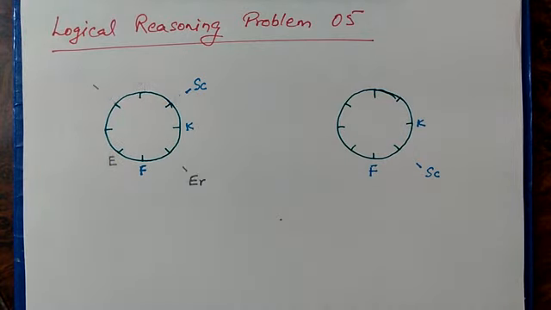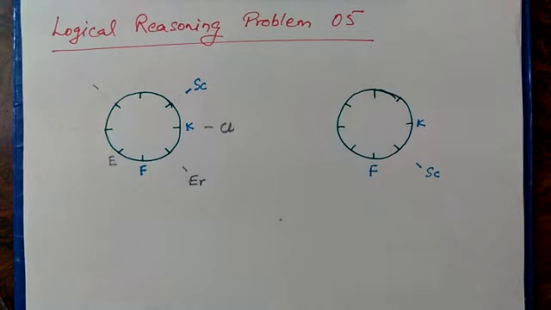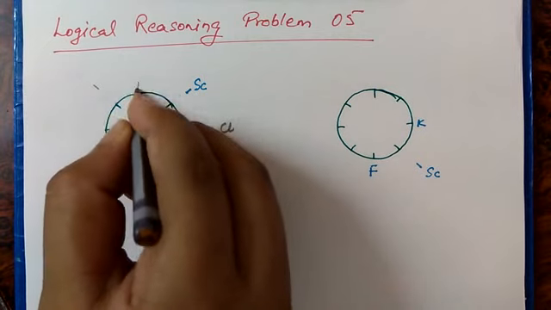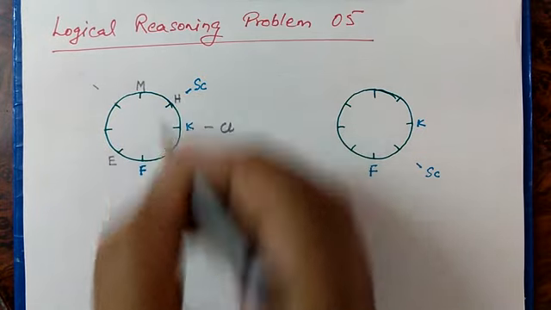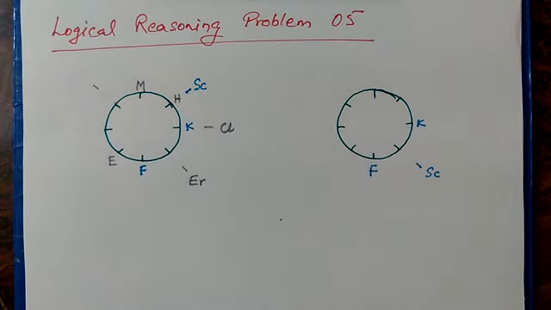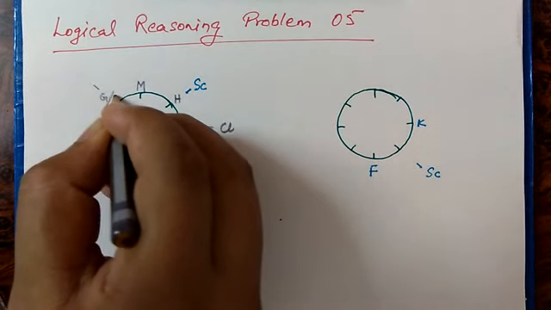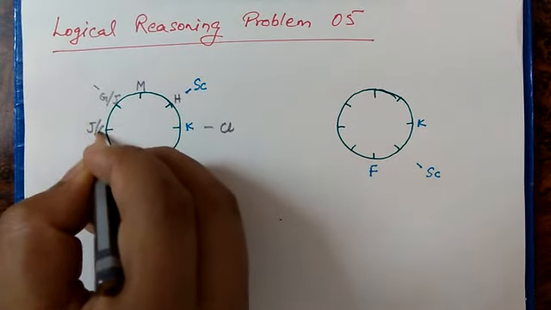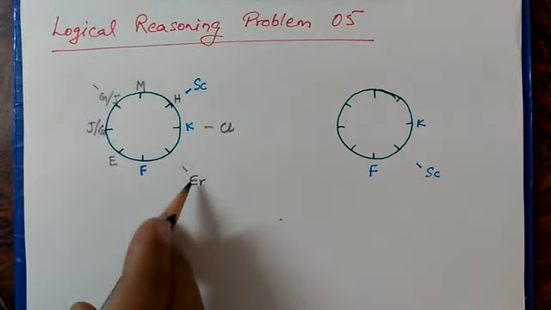Okay, our fifth condition is the columnist is to the immediate right of the engineer. So at the immediate right of the engineer, this is the columnist. Next condition is M is second to the right of K. Second to the right of K, so we have to put M over here. H is the scientist. So again, H is the scientist. Okay, G and J are immediate neighbors of each other. So we can have G or J over here, or J or G over here. Neither G nor J is an engineer, and we can see neither of them is, because the engineer is here.